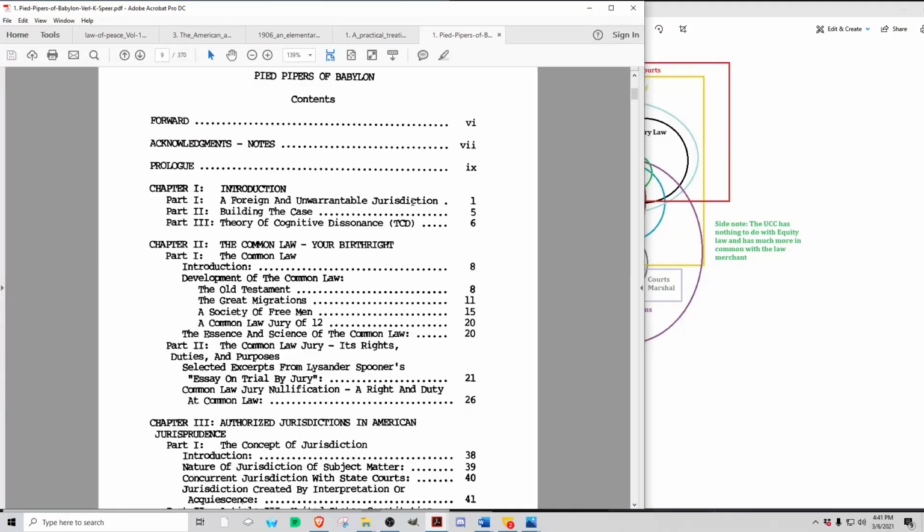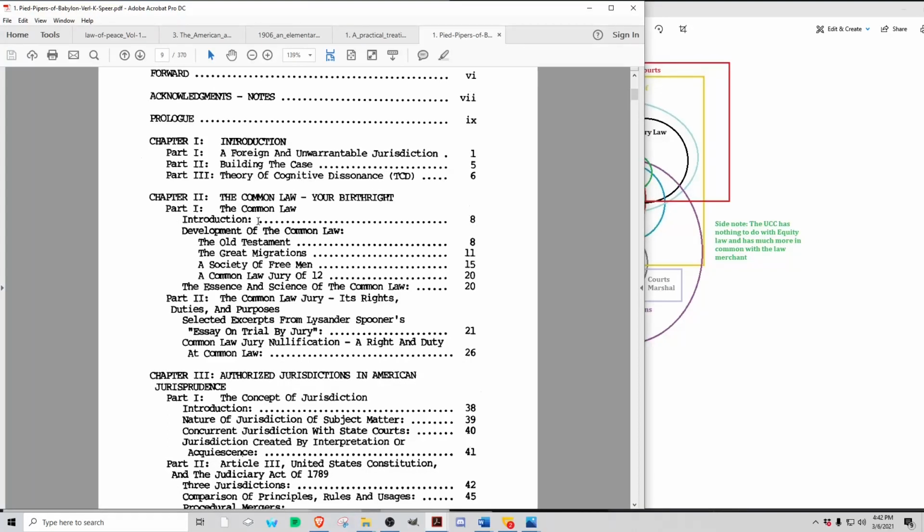So, a foreign and unwarrantable jurisdiction. Building the case, theory of cognitive dissonance. This is something people have a problem with. They're not going to understand it. They're going to say, no, that's not happening. Well, yes, it is, and actually it's already happened. So he gets into the understanding that the common law is your